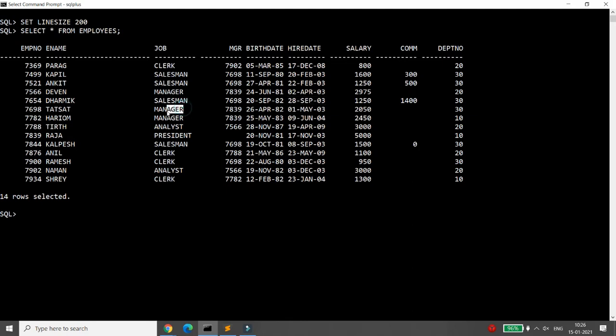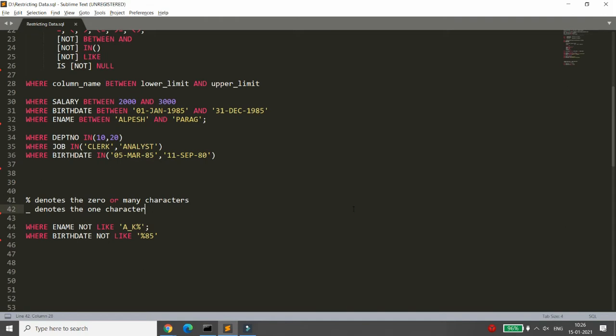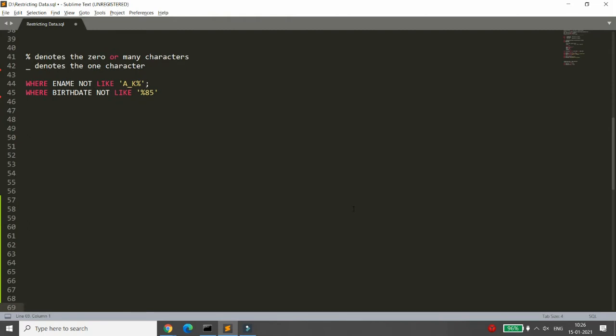Suppose the job column has character data, MGR has numeric data, and birth date has the date format. Now I cannot insert data other than this data type. If you don't want to insert the data, then we should have a special keyword, and the keyword is null. So null is the value that is applicable with any column, and whenever you write null in any column, it means the value is unknown, inapplicable or ineligible.